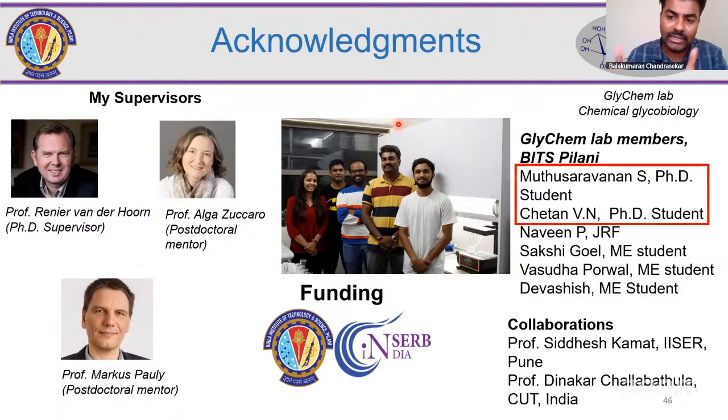And the work which I have already shown you with the macrofumina faciliona is done by my team. So we are, as an oligosaccharide, right now a small team. I have a team of two PhD students who are hardcore in this topic, and we also have ME students doing their thesis, Shakshi, Vasudha, and Devansh, and also Naveen working as a JRF. So currently we are an oligosaccharide, and we are expecting to grow into a polysaccharide in this particular field, and also to provide our expertise and extend our collaborations to others.